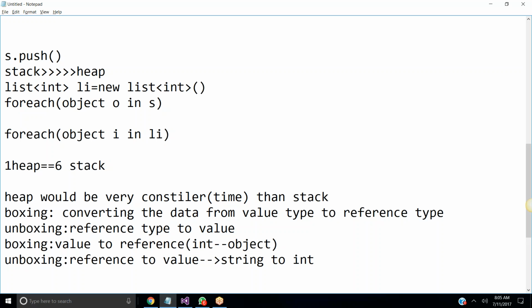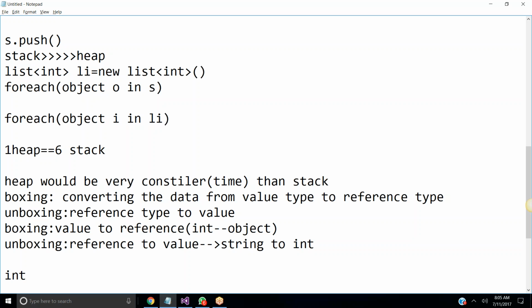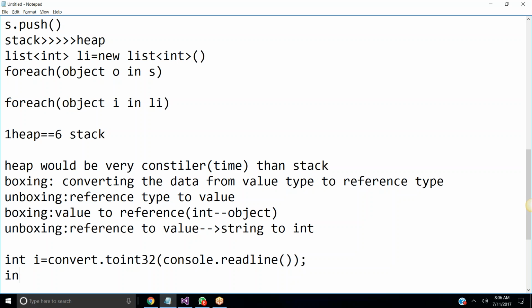Every day we are converting from string to integer, right? Whenever you are doing int i is equal to convert.ToInt32 of console.readline. Whenever you are doing Console.ReadLine, the input is in string format, and we are converting that from string to integer. Am I right?